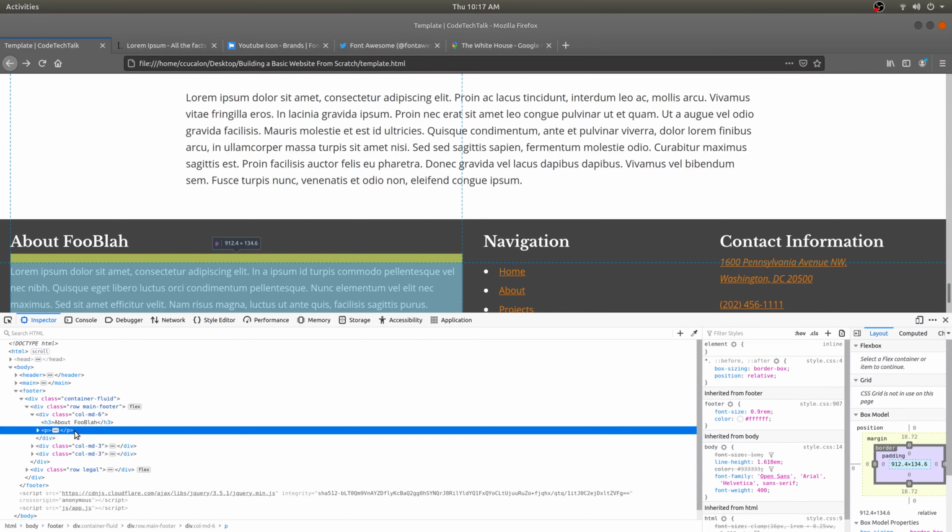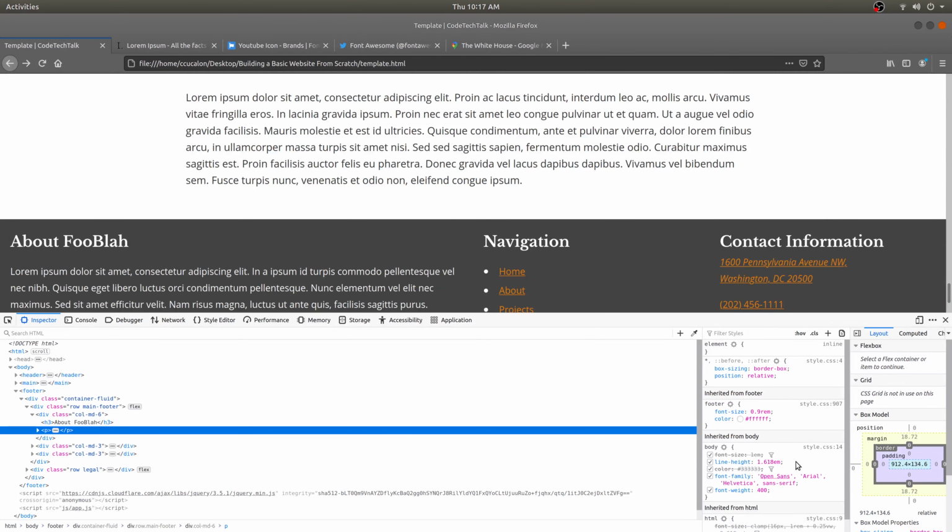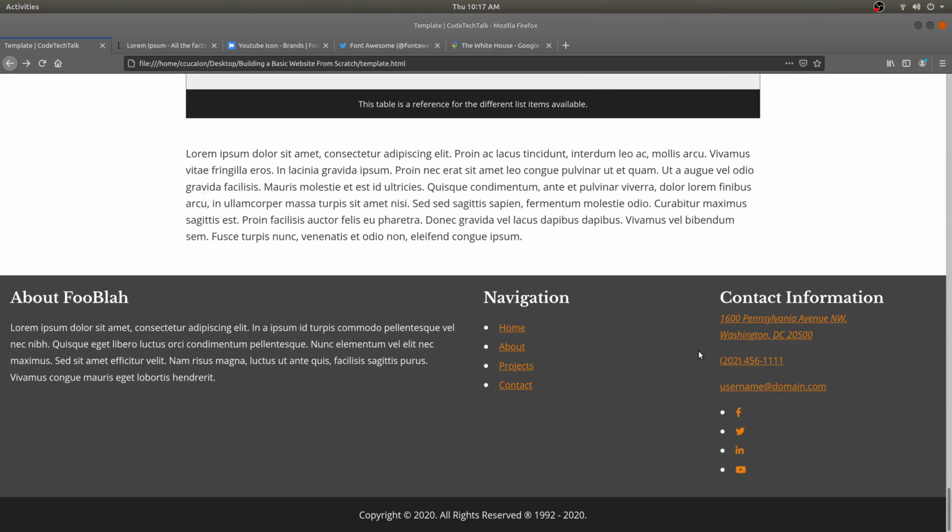And I believe it's something that came directly from the browser itself. It's not something that we added ourselves. So let's take a look over here. That's the same thing that's happening over there on the other navigation. All right, so we're going to nuke this out,